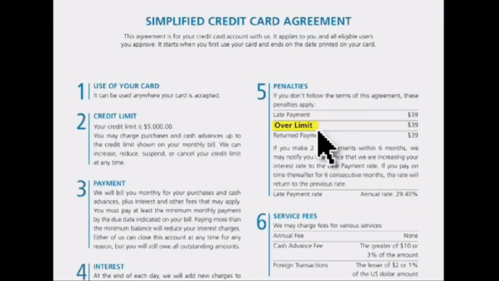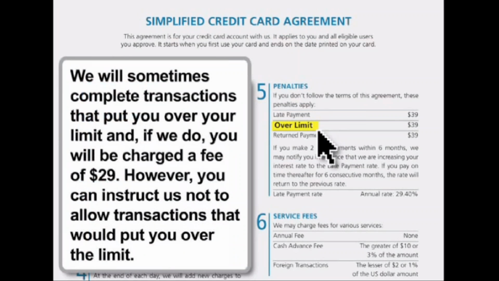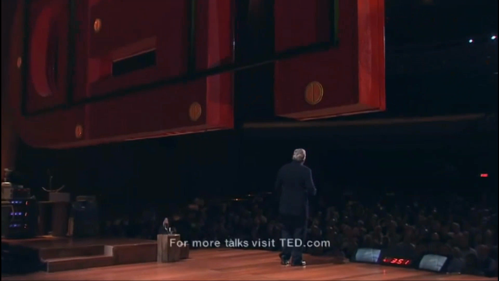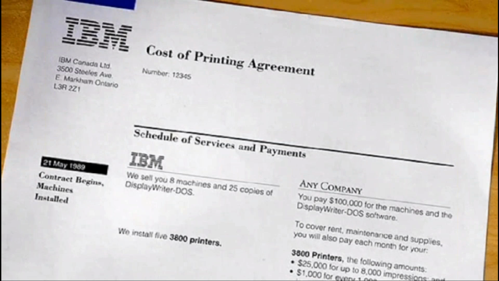And what about terms like over the limit, perhaps a stealth thing? Define it in context. Tell people what it means. When you put it in plain English, you almost force the institution to give the people a way to default out of that and not put themselves at risk. Plain English is about changing the content. And one of the things I'm most proud of is this agreement for IBM. It's a grid, it's a calendar. It's such and such a date. IBM has responsibilities, you have responsibilities. Received very favorably by business.